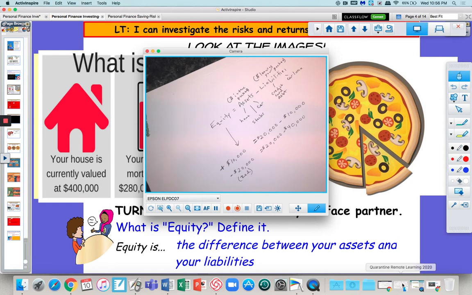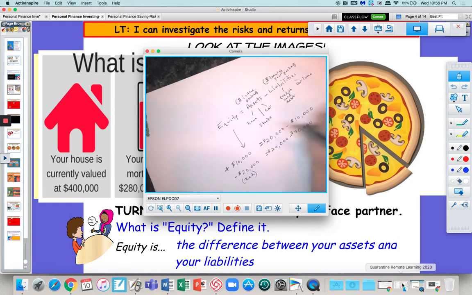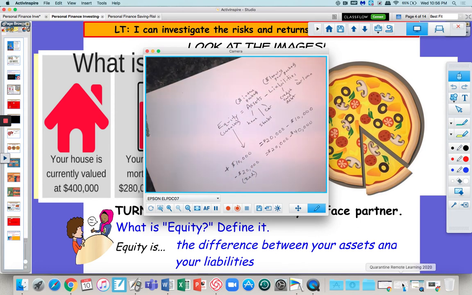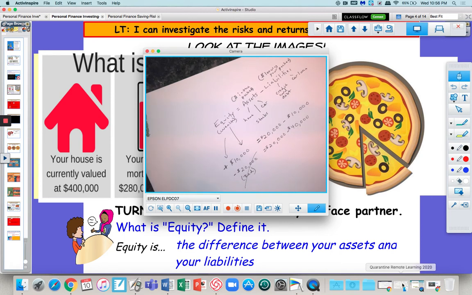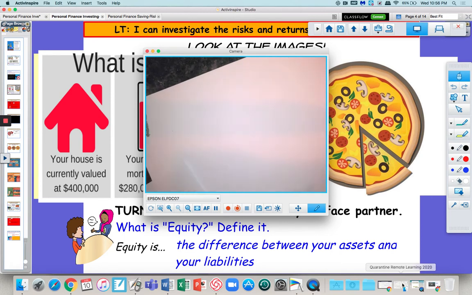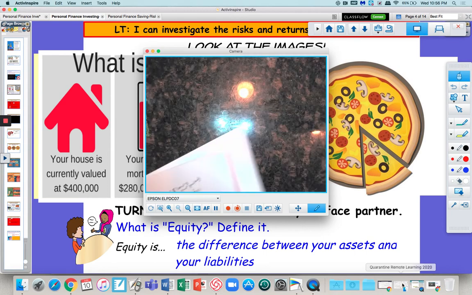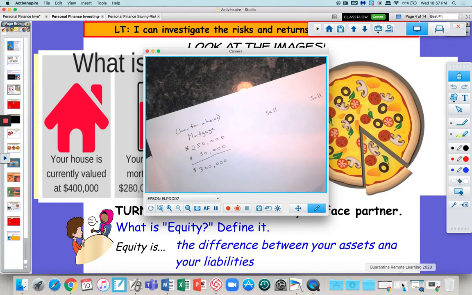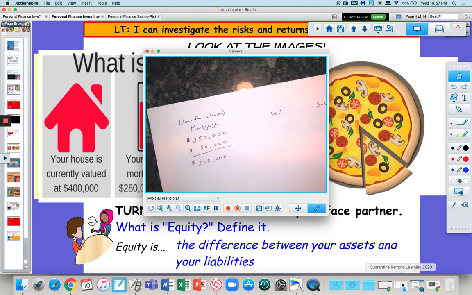So, equity is about building positive equity over time. Another way to think about equity is it's really your wealth, right? So you always want your wealth to be positive. You never want your wealth to be negative. Okay, so now where does home ownership come into this? Well, this is where people go wrong with owning homes, because they are often not honest about their situation.